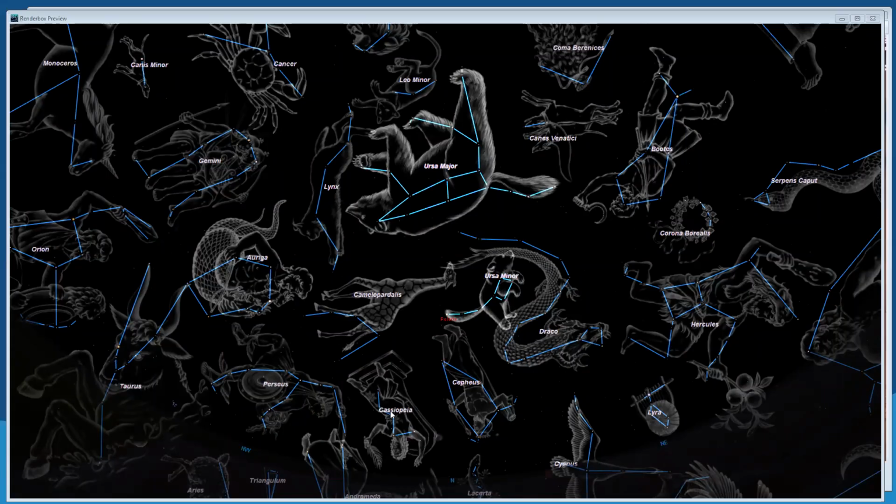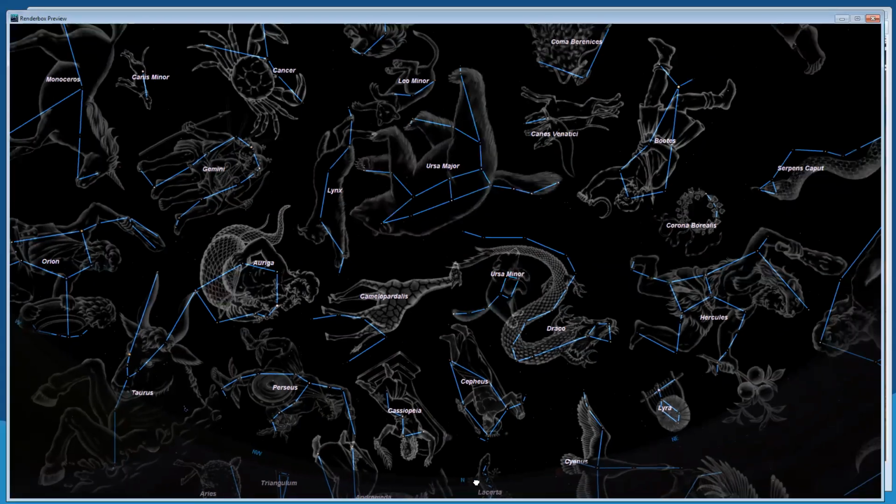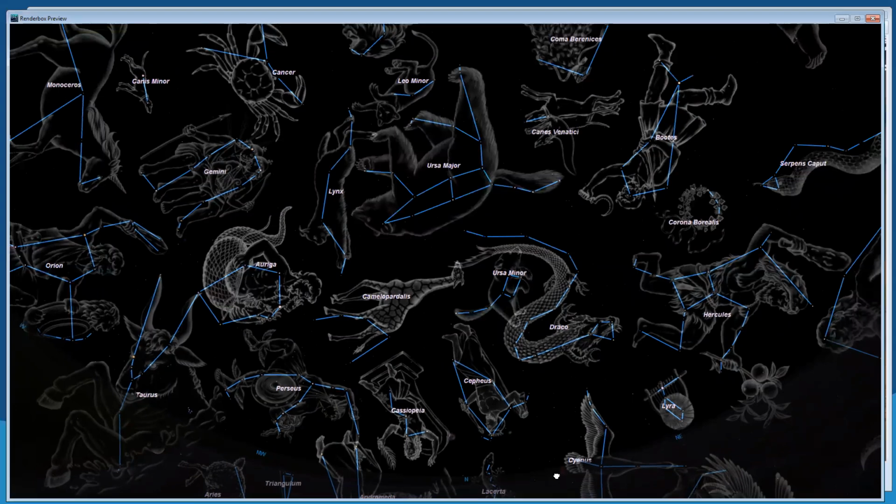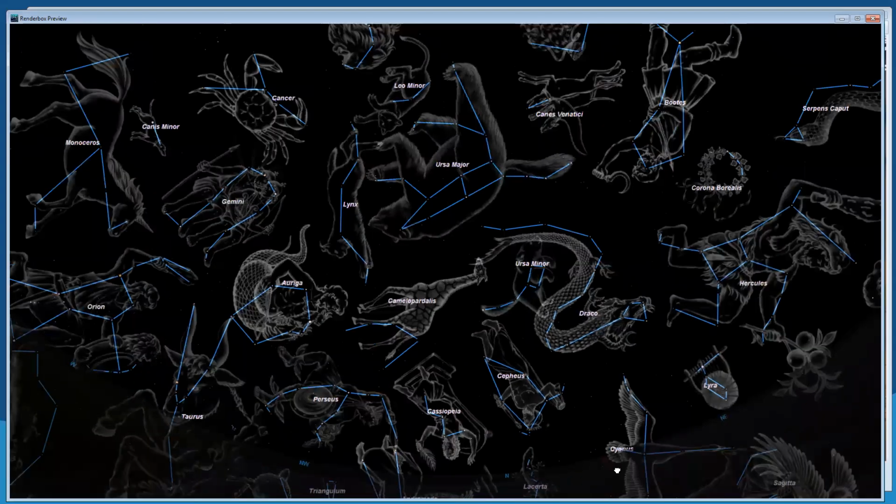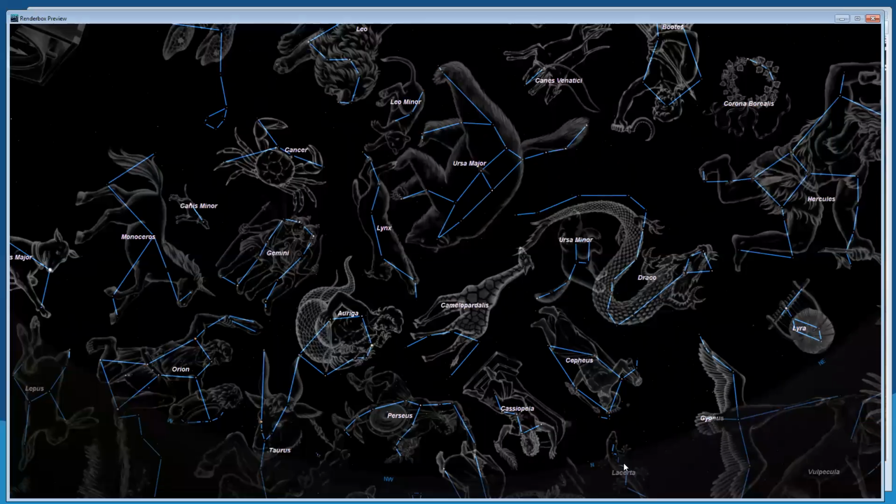Cassiopeia, this squished W or squished M, is an easy constellation to find. And with all the constellations on, I'll rotate around. By the way, this is at about 2:30 in the morning.